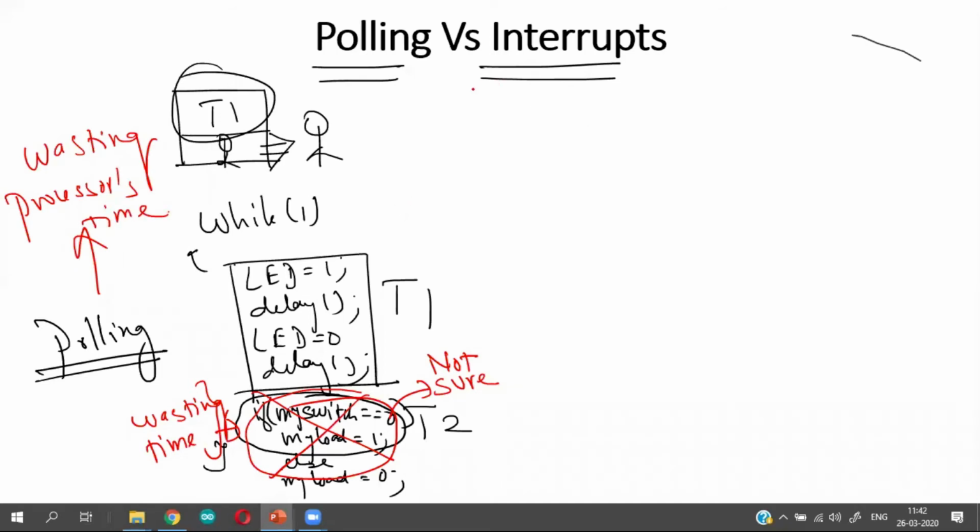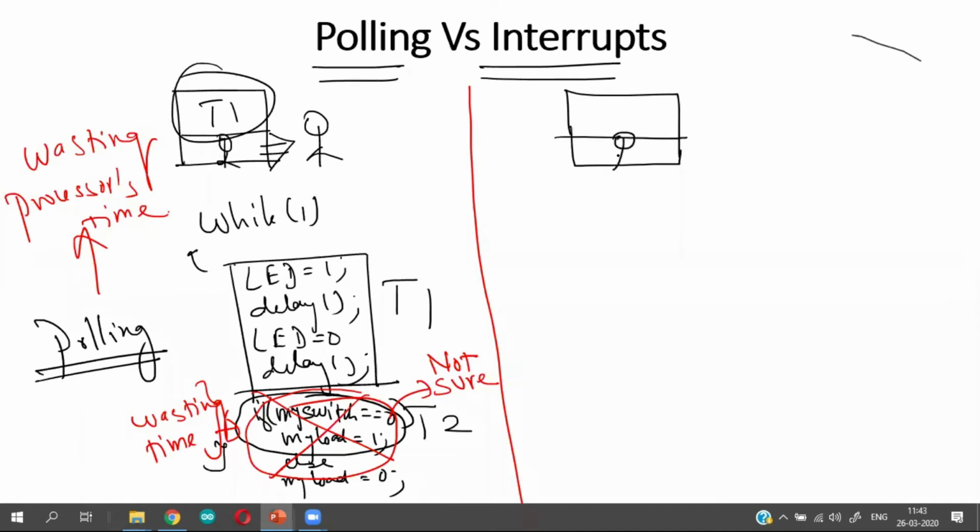Okay, now let us come back to the interrupt. Going back to the classroom example, here is my classroom. I am taking the class, which is task 1. Task 1 in this case is the background task of blinking the LED. And somebody is coming here. They are not waiting for me to come out. Rather, they press a calling bell here.